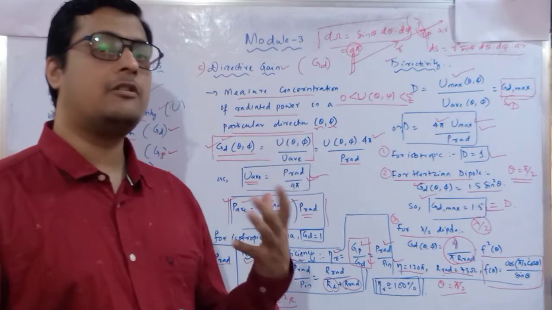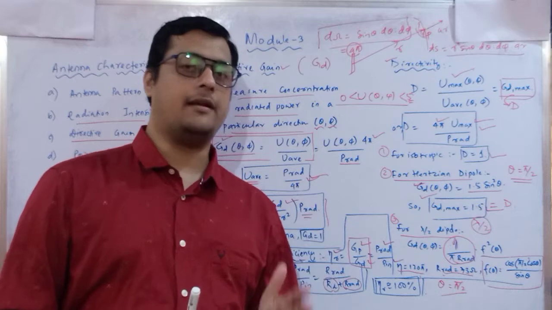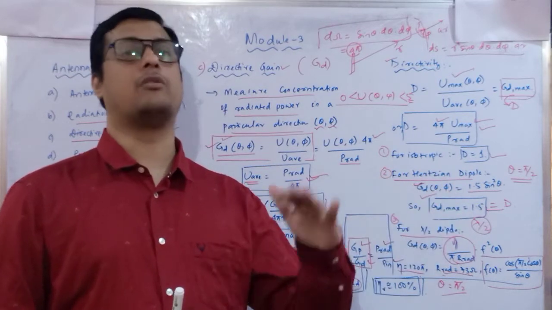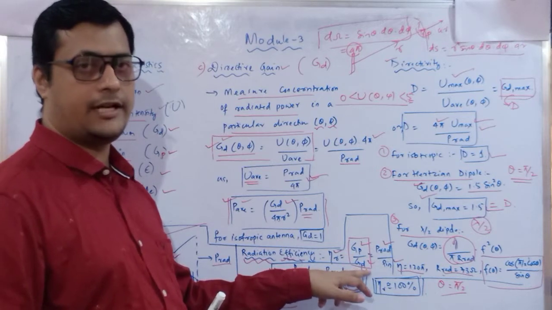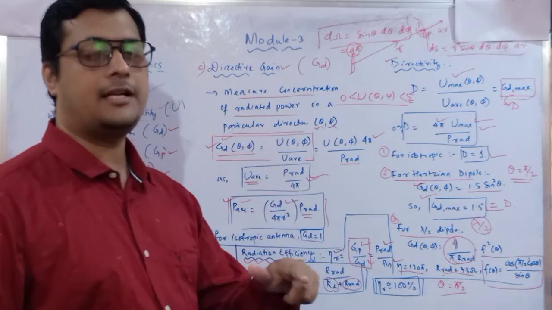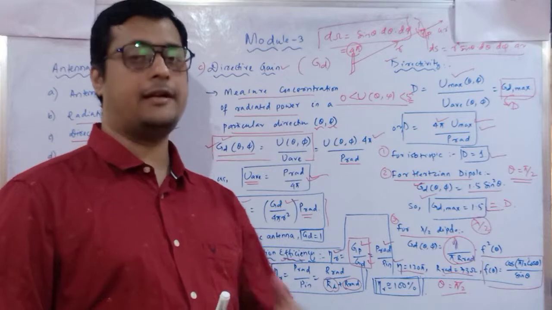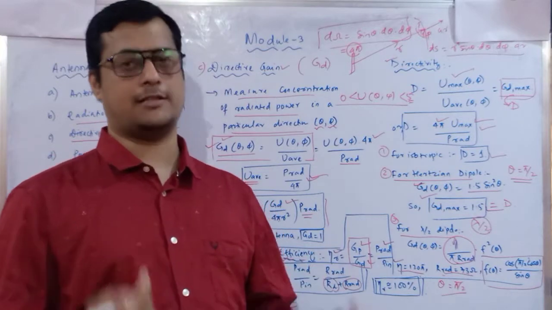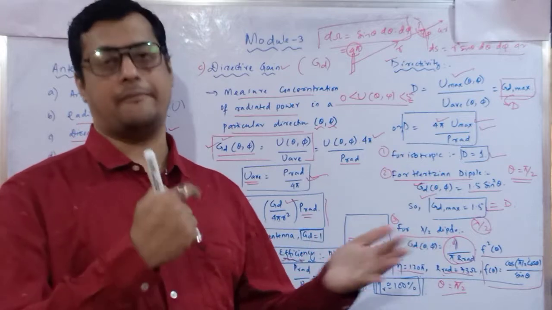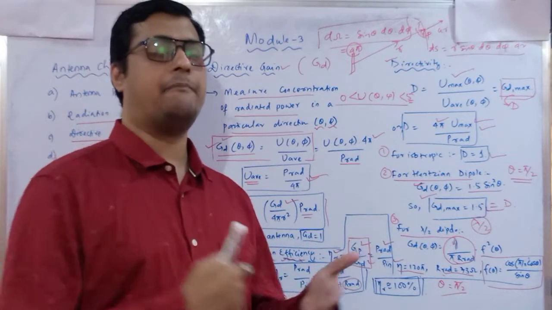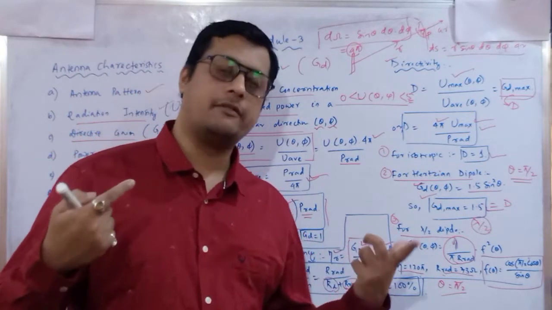Now when is it going to be maximum? When your power gain and directive gain are both the same. If you take this ratio, if GP is equal to GD, then only the efficiency is 100%. If it is not 100%, that means some losses are there. Efficiency will reduce with respect to time period. As much as the time period increases, your efficiency will decrease.